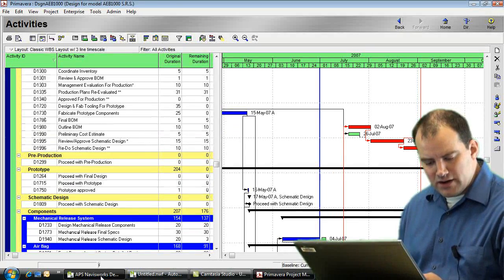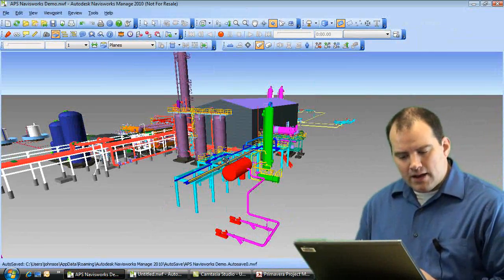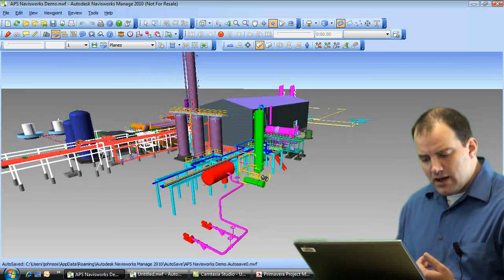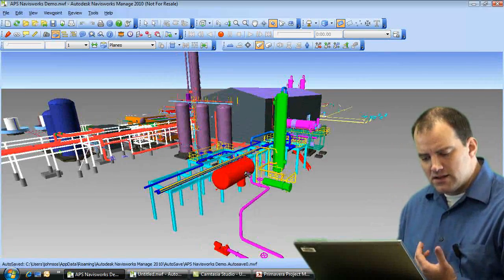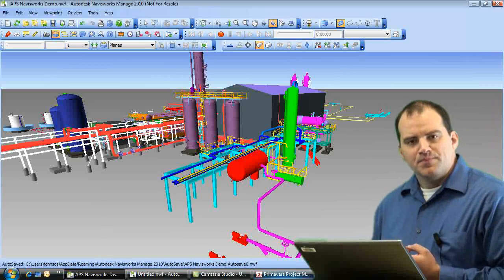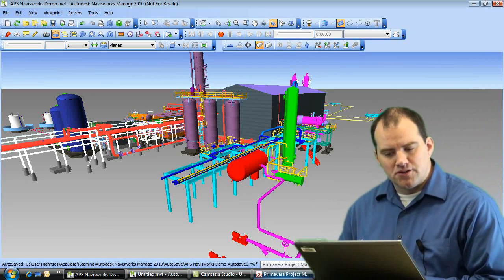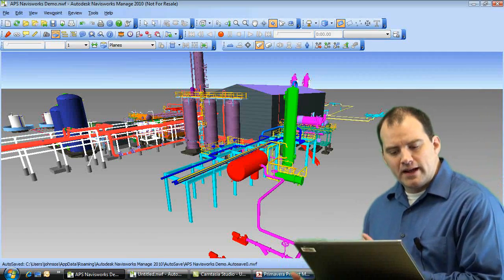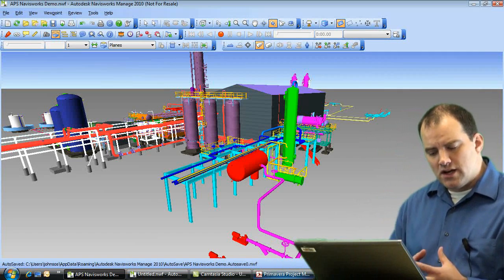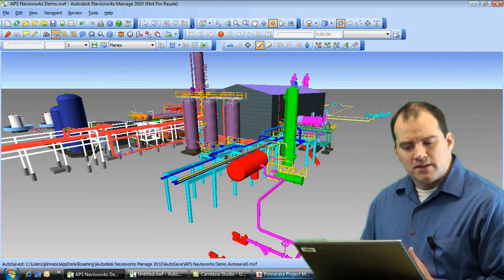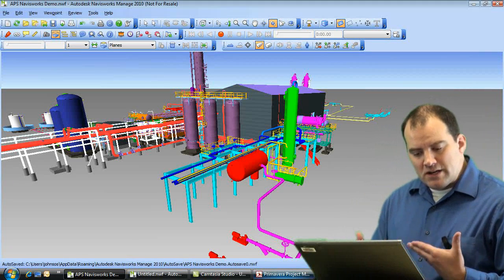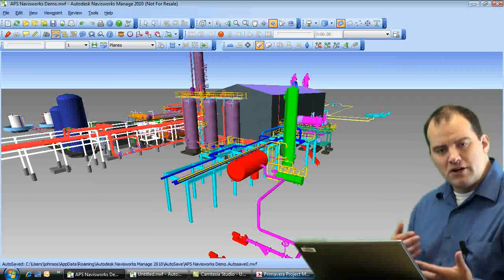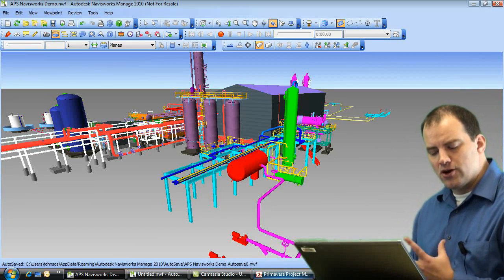So I'm going to go back to our Navisworks model, and we're going to go back to the same view. Earlier we talked about bringing in these components here in the foreground. This was one of the new modules being introduced into this existing plant. I have a schedule that identifies the sequence of events on those, and I want to bring those events into Navisworks and then recreate the simulation showing us what that current scheduling